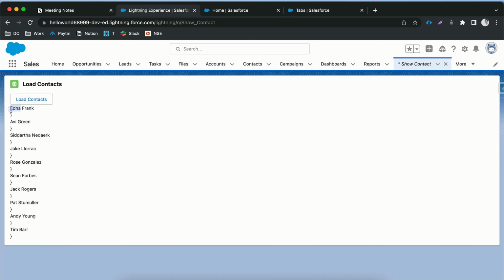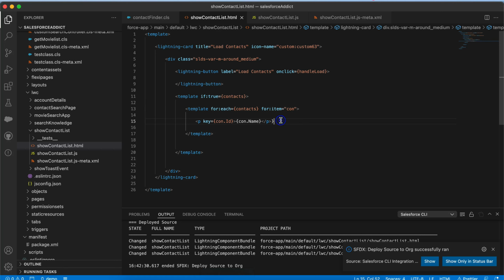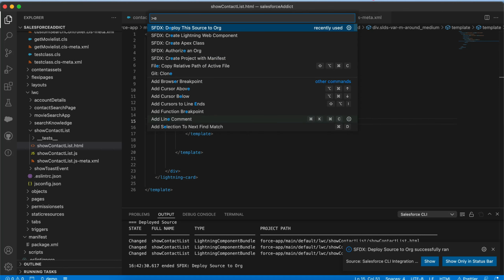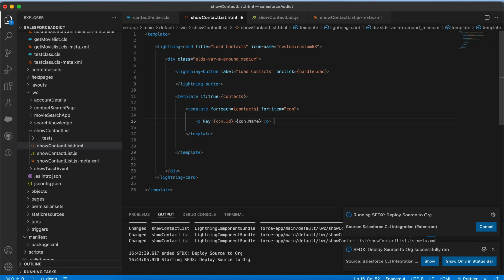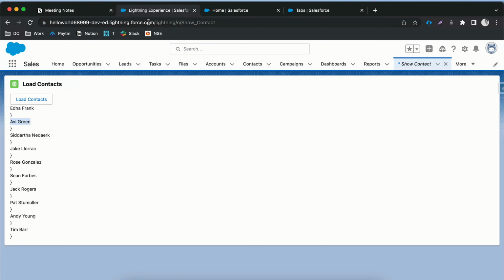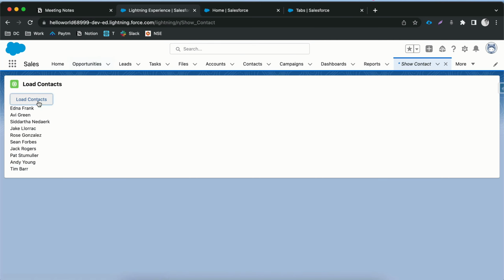I'm just going to fix it, push it again, and refresh. Now load contacts, and you can see the first 10 contacts are showing here. So this is how you can create a method in an LWC component where, whenever you click on a button, you can retrieve the data from